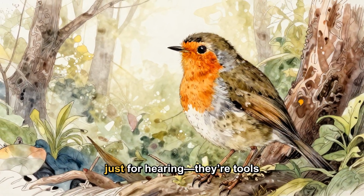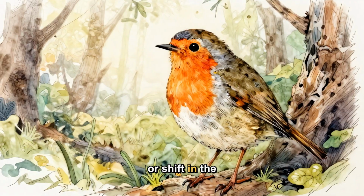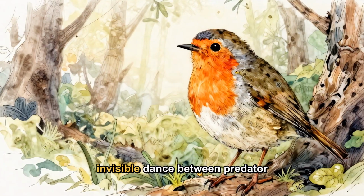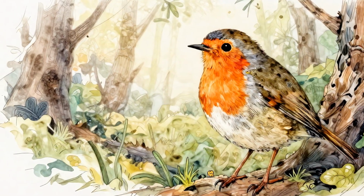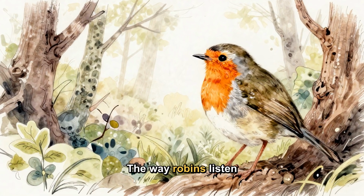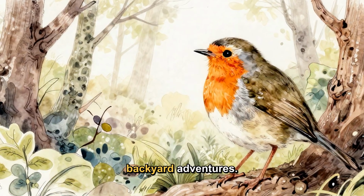Their ears are not just for hearing, they're tools for survival, detecting the faintest scratch or shift in the soil. This is a time when your yard becomes a stage for an invisible dance between predator and prey, a silent world that you can witness with careful observation. The way robins listen is a lesson in patience and precision, one that you can apply in your own backyard